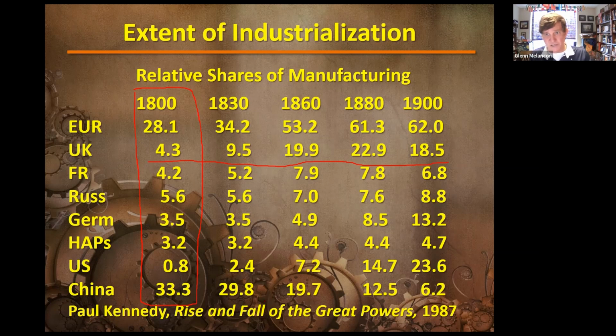So if we then want to ask ourselves, what was the extent of industrialization? We have to ask two questions: when and where? It's not uniform. It is not consistent across Europe or across the world. The extent of industrialization happened rapidly in localized areas, but most of the world, right? You get the big populations in Russia, in China, in the Habsburg Empire, industrialization had very little impact on their life at all.